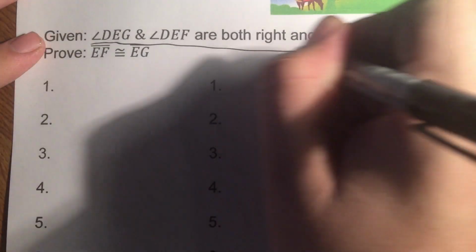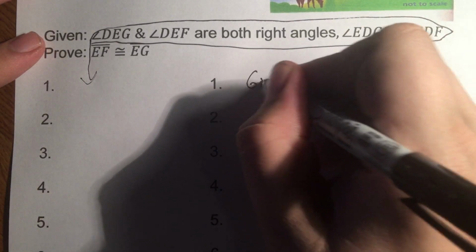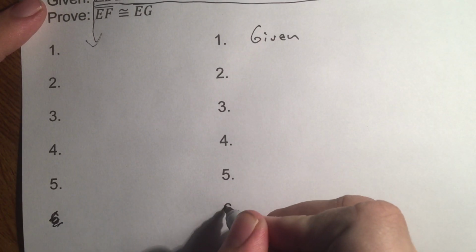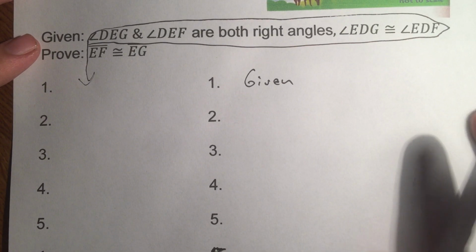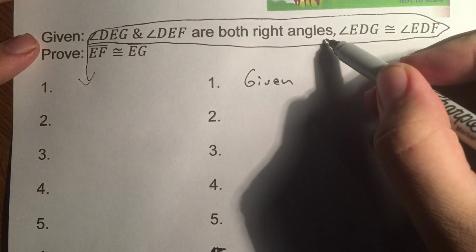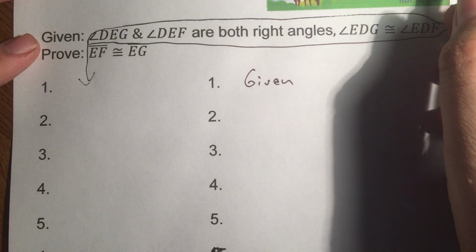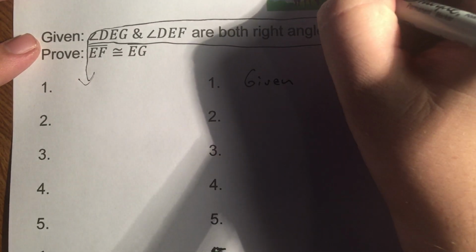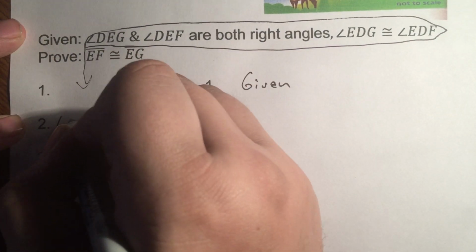So we're going to start, like always, with our given. And I'm going to tell you right now, there's 6 of them here. We're going to be able to do this in 5. So we're given that DEG and DEF are both right angles. We also know that EDG and EDF are congruent. So we can make that mark up top, and we know this is a right angle, we know this is a right angle. So knowing these are right angles, we can say that angle DEF